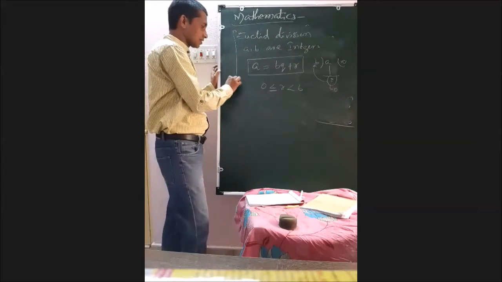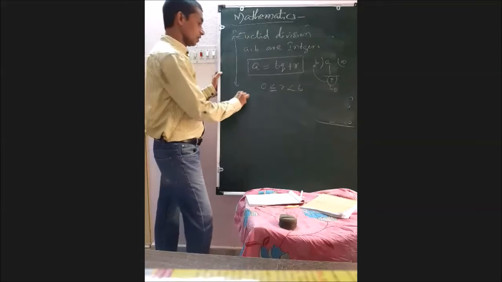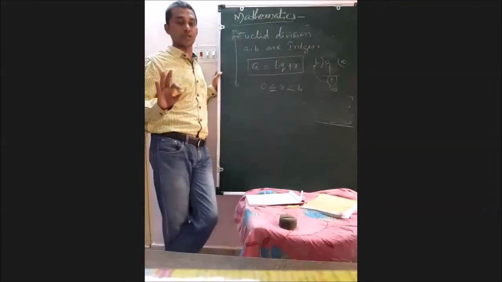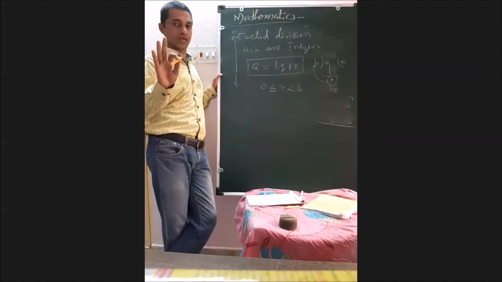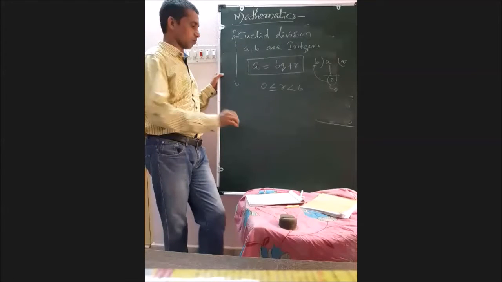Based on the Euclid division lemma, you will be getting questions, at least a 2 mark question or 1 mark question. Definitely you will get a question. What kind of question may you get? Find the LCM or find the HCF by following the Euclid division algorithm. Now I am writing a question. Based on this division lemma, you will be getting at least 2 marks. So is it clear? Some questions will be like that.